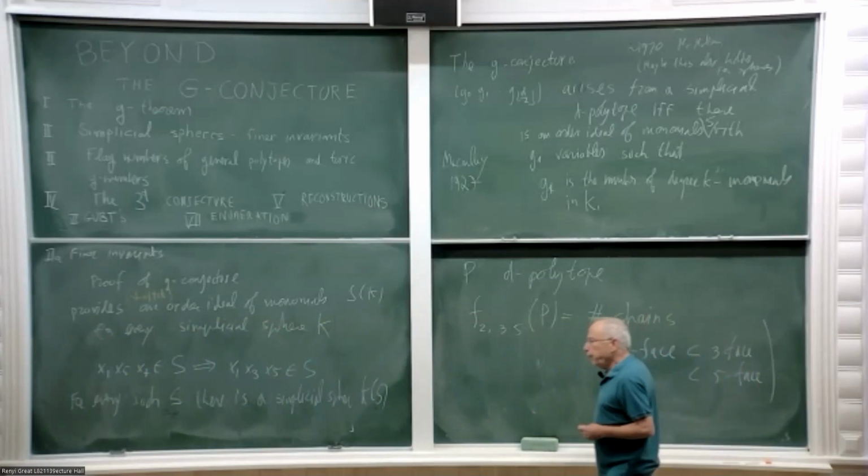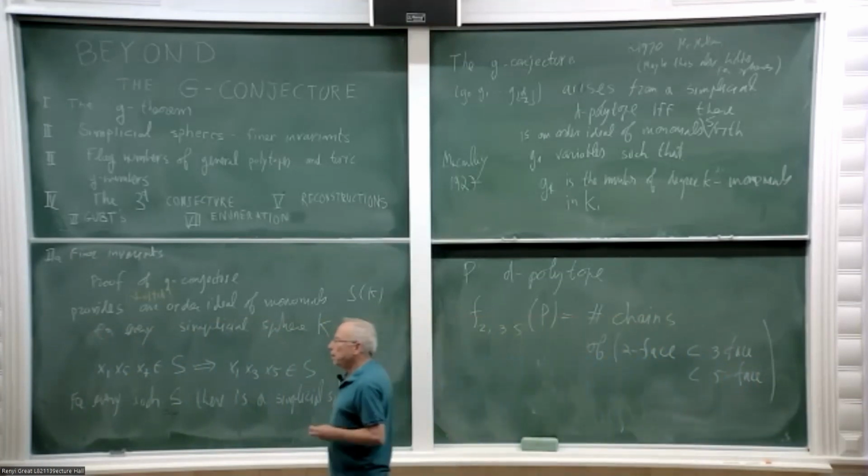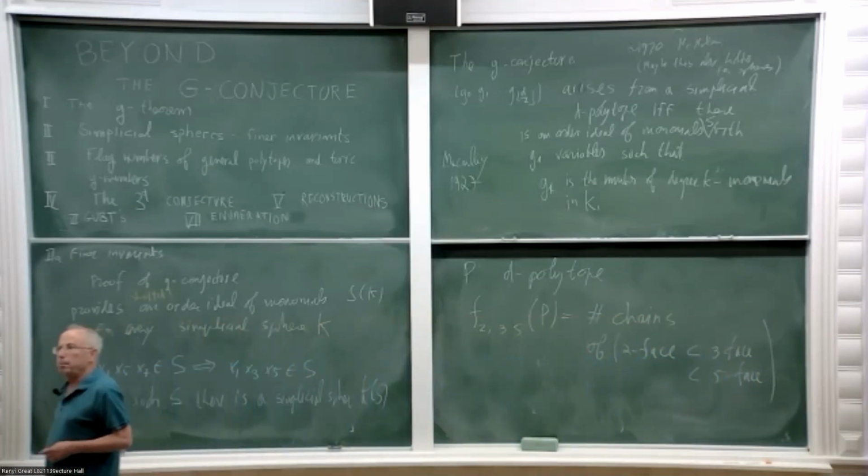And there is a very beautiful theorem by Bayer and Billera, which asserts that the dimension of the affine space of flag numbers of d-polytopes is